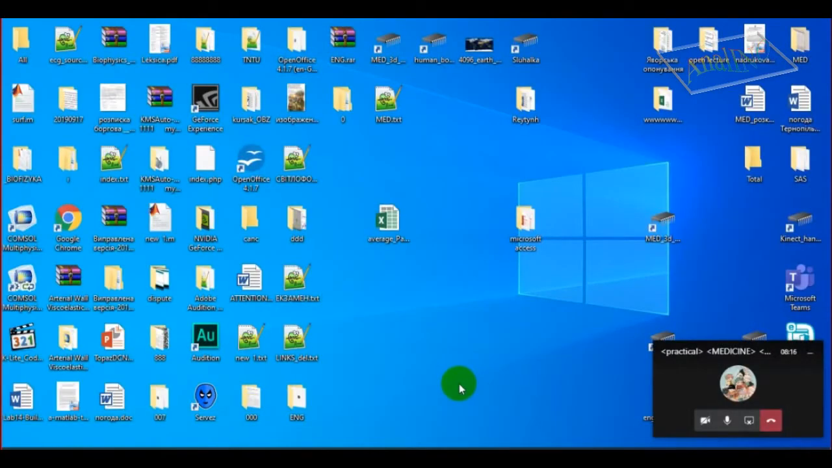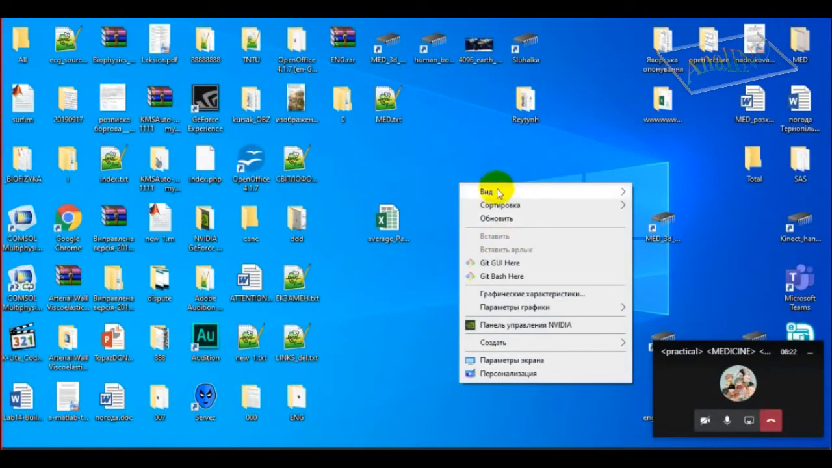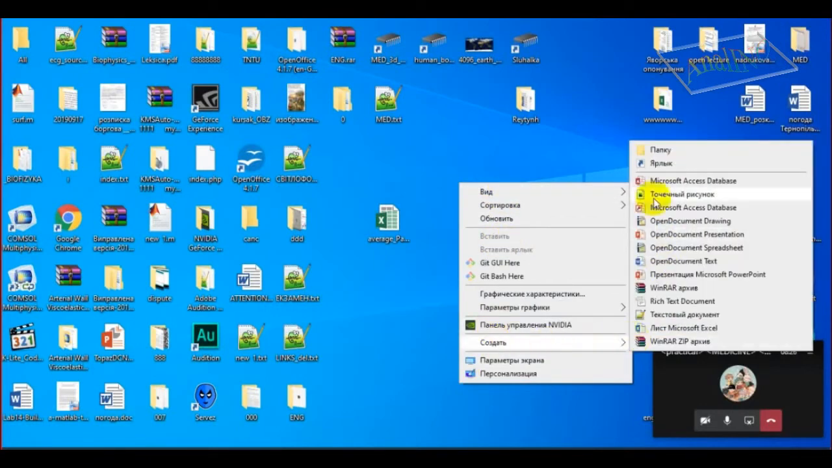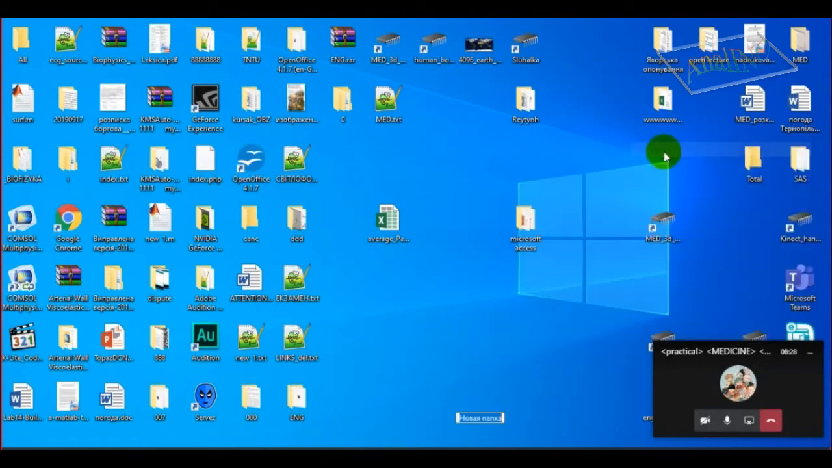After that, we can navigate to our desktop, right click and create our working folder. Right click, new folder, make a title, for example your last name,